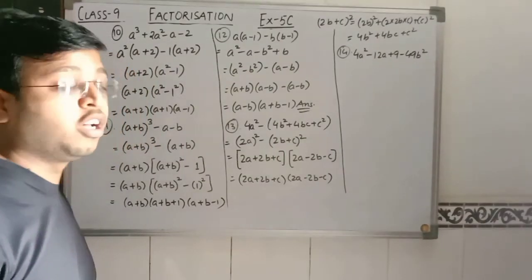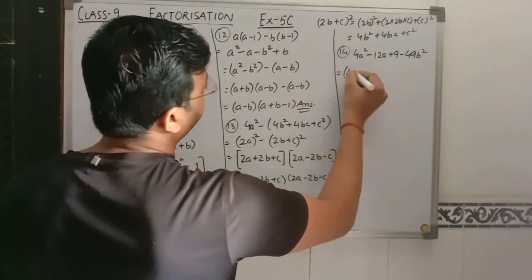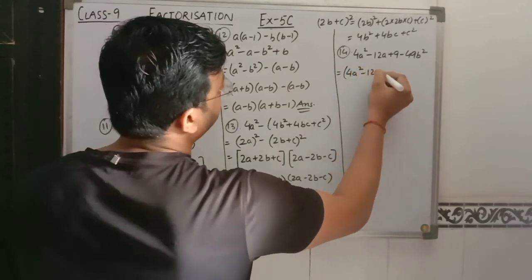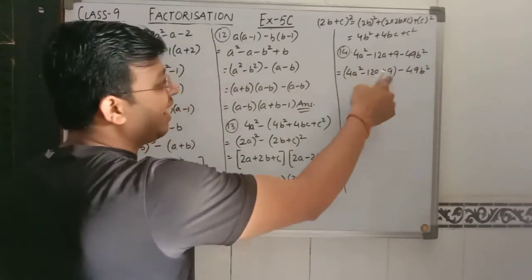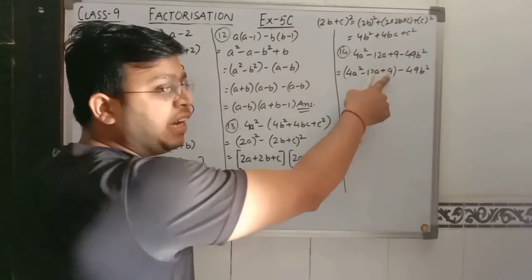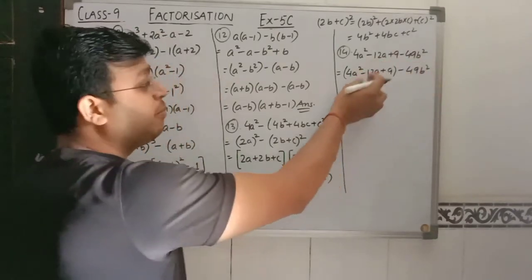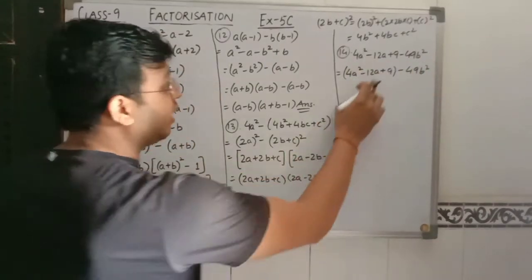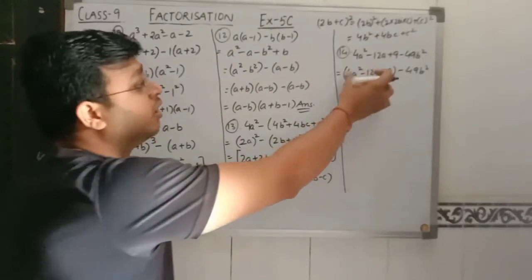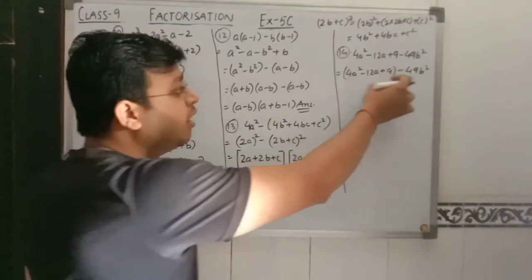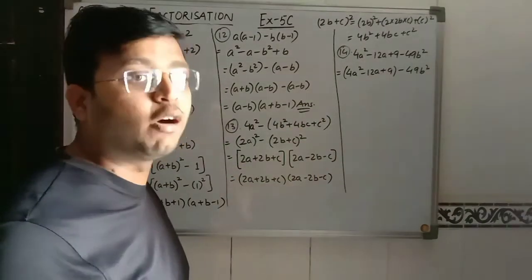Now you have to observe an identity in the first three terms. If you group the first three terms together, why are we grouping these terms together? Because they are related to a, and this is the complete square. If we group the 49b with them, then it is not possible. Otherwise here ab will be there. With the help of these three terms we can make an identity, but if we join 49b in place of 9, then there must be ab also.